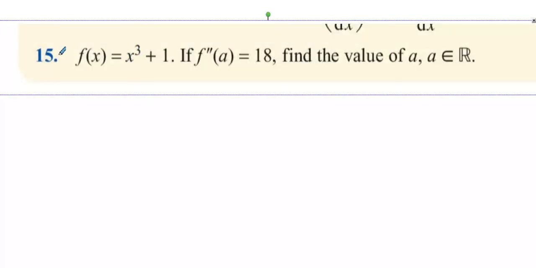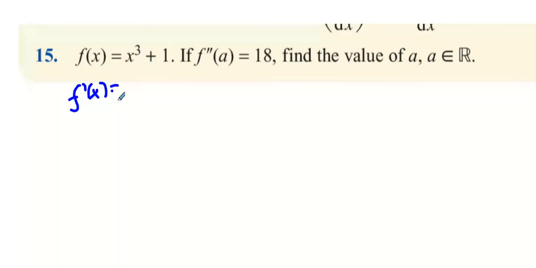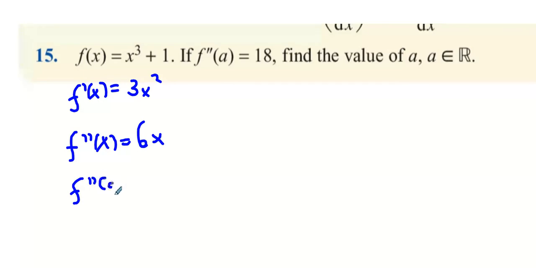Now question 15. This one's really easy. F dash x is the first derivative, which is going to be bring the 3 to the front, take 1 away from the power, get rid of the 1. Okay. Then differentiate twice. So bring 2 to the front, multiply by 3 to get 6x. And then the difference between f double dash x and f double dash a is that you replace x with a. So f double dash a is going to be 6a. And that's you done. So 13, 14, and